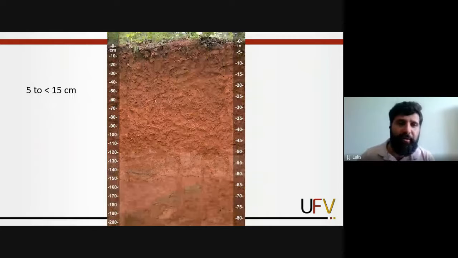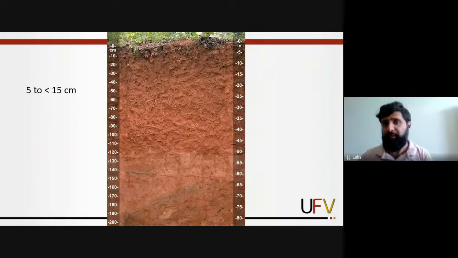Here we have a gradual zone, a gradual diffusion, a gradual transitional between a horizon and another horizon. And the thickness of this transitional zone varies between 5 and less than 15 centimeters, like this. I can see this horizon. I can see something like here, and I can see some transitional horizon like here,